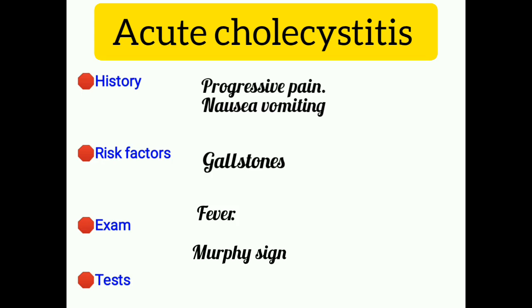Murphy's sign means that when you apply your finger over the position of the gallbladder and ask the patient to take a deep inspiration, the inspiration will cease because the inflated lung presses on the liver, which also presses on the gallbladder. Routine tests will show an elevated WBC count, but liver function tests in this condition are usually normal or near normal. If you find that liver function tests are elevated, this indicates a condition other than acute cholecystitis, more likely acute